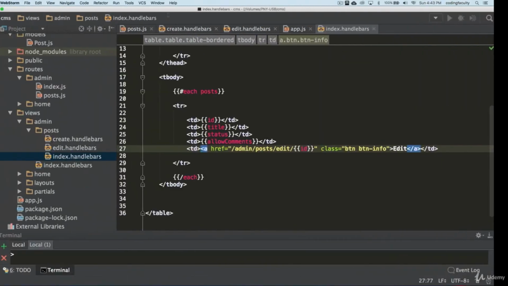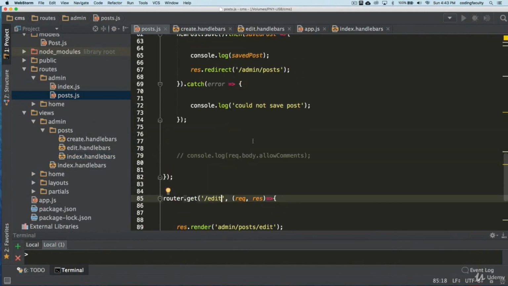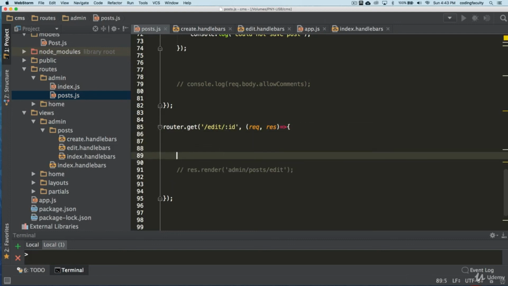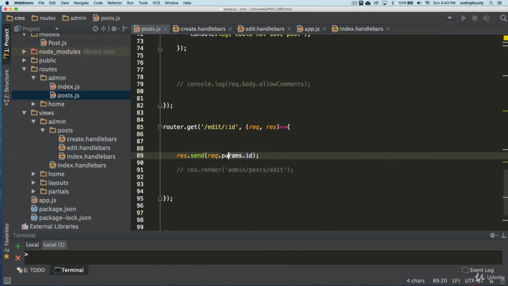Then we need a route to take the edit and to take the ID. So let's go to post routes. We have the route here, but we need to make sure that it takes an ID as a parameter. Remember that when we do the colon here, it's like a placeholder for data. Okay. And now we have the ID here. We can show it if you want to see it. res.send. We're going to get the ID in request.params.id. And this params is something that you're always going to have to access. It's something available to us with the request.